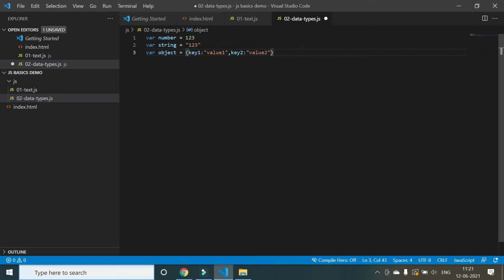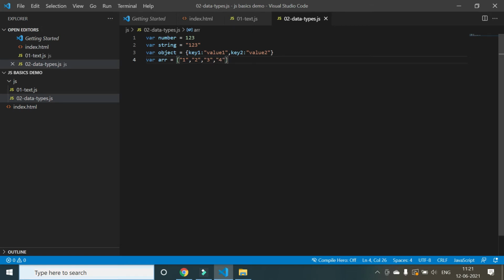You can declare this JSON object also using var. Even arrays can be declared by using var. You just have to say array, and then give 1, 2, 3, 4.